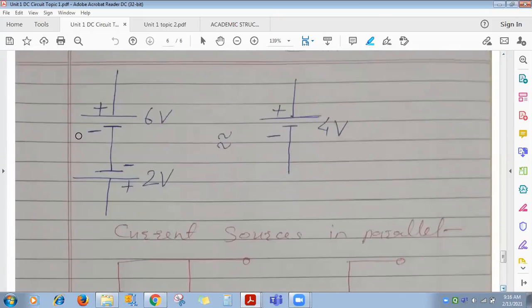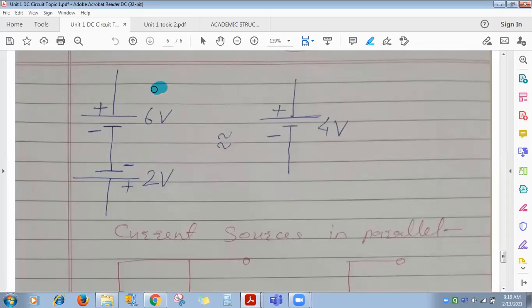Okay, so see here, you observe a 6 volt and 2 volt battery connected in series. Now here the polarity is different. Like in the previous two cases, the sequence was the same, plus minus or minus plus alternate. But here, if you observe, for 2 volt the lower is positive and the upper one is negative, and for 6 volt it is reverse. The lower one is negative, the upper one is positive. The sequence is not alternate. It's like this, plus, minus, minus, plus. So if the sequence is not alternate, it's not so.